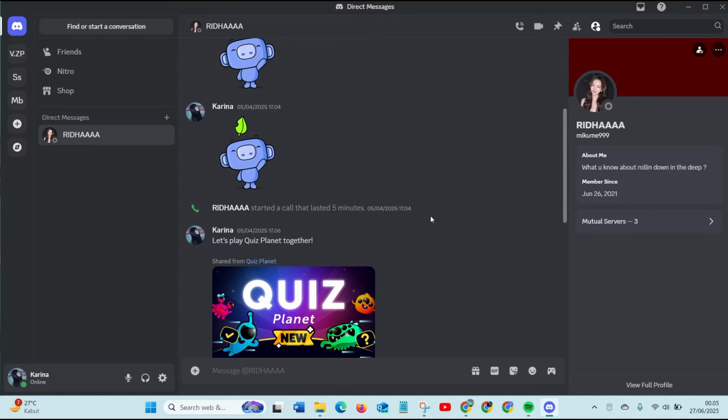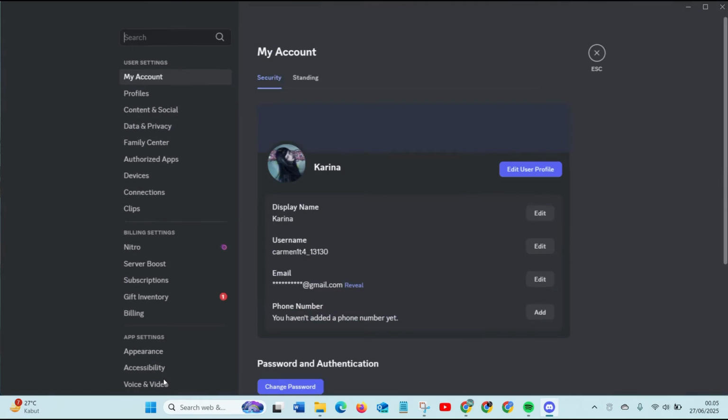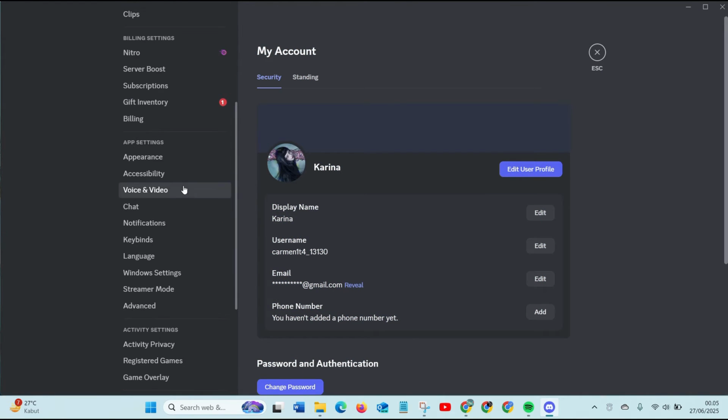It's very simple. So first we have to open our Discord. You can open it on your mobile phone, laptop, or your PC. Here I'm using my laptop. Now you can go to user settings by clicking on the gear icon in here. In here you can just scroll down and in the app settings section you'll find there is an option, streamer mode. You can just click on that